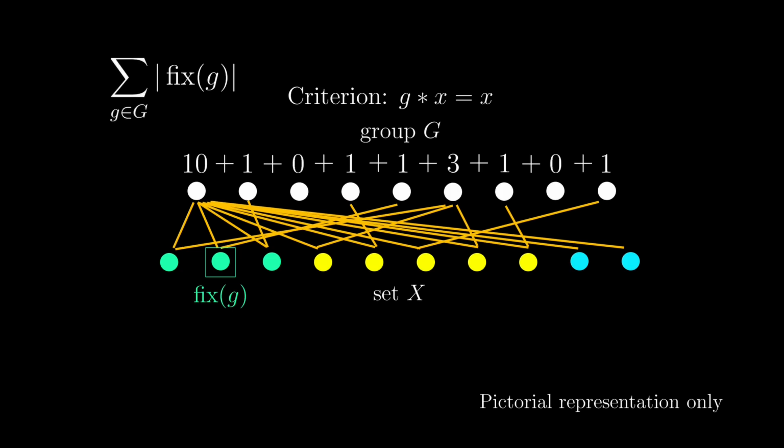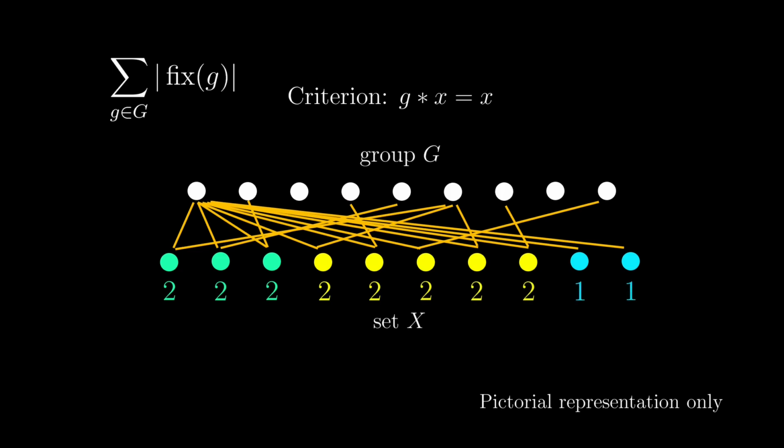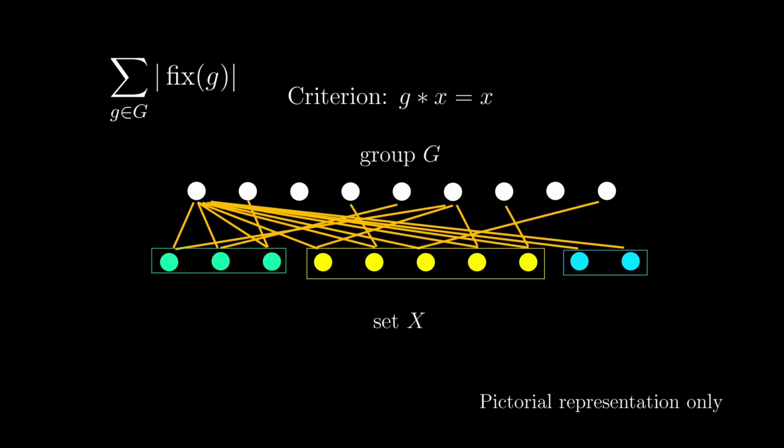But there is another way to count the total number of lines, which is counting the number of lines to each element in X, then adding them up. However, instead of adding them individually, we add them in batches. We are going to have the subtotal by counting everything from the same orbit, then adding the subtotals up to get the grand total. Because of the criterion to determine how the lines are drawn, the lines are drawn from the stabilizers. That means each element contributes exactly the size of the stabilizer to the subtotal.